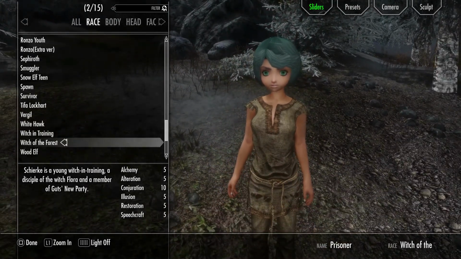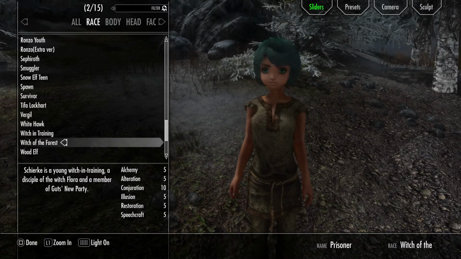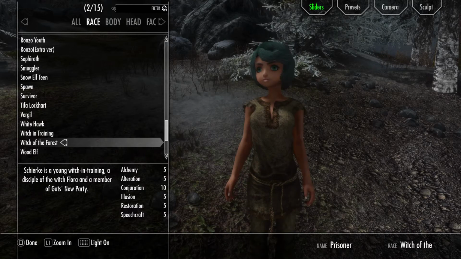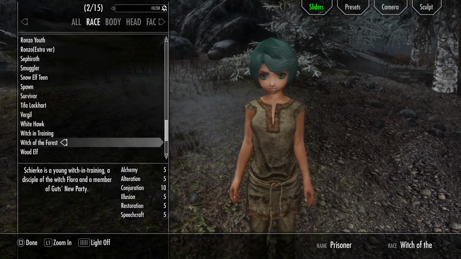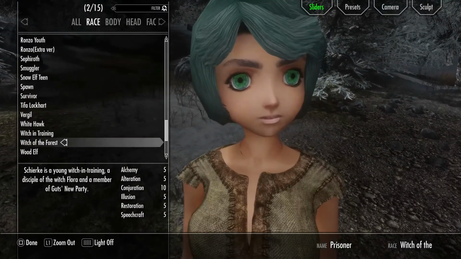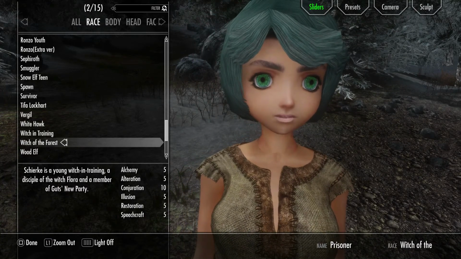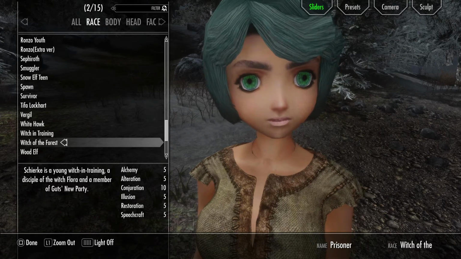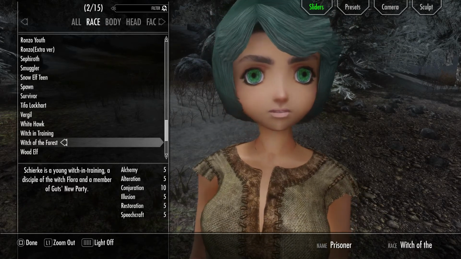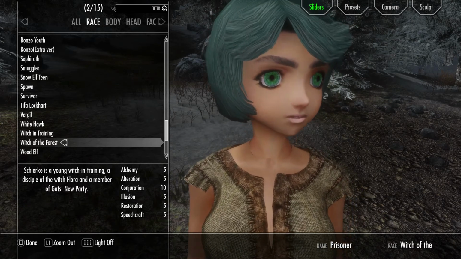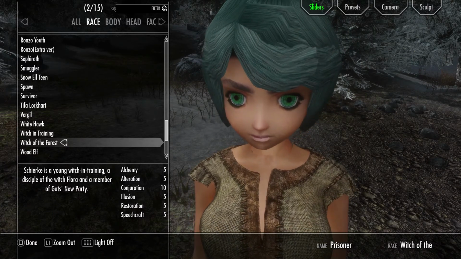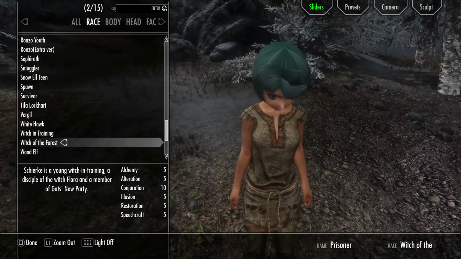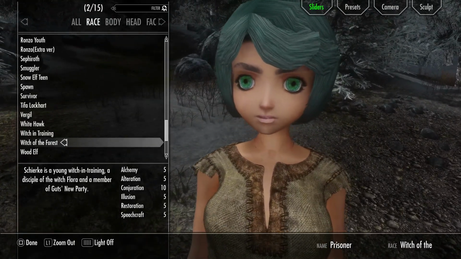Witch of the Forest. This one was super interesting for me to work on. I had the toughest time trying to get her to translate properly into the real world. But I pulled it off. I replaced her eyes with photos. I used photos of children's eyes to replace her texture. So I guess it's photorealistic. Her brows have been completely replaced too with something more realistic. Her hair texture was awful, so I put something more realistic for her hair texture instead of whatever was